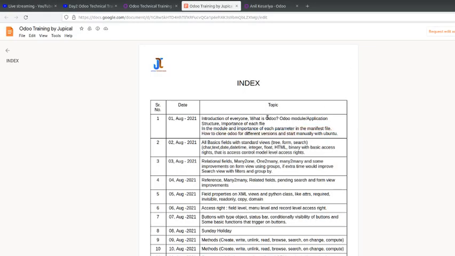Okay, so the very first thing is, what is Odoo? Odoo is a platform or framework, we can say, that provides a number of ready-made applications that can be used for different business verticals, in different sectors like manufacturing, warehouse, accounting.